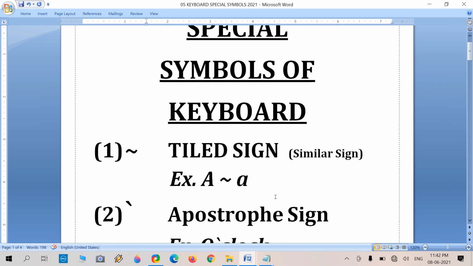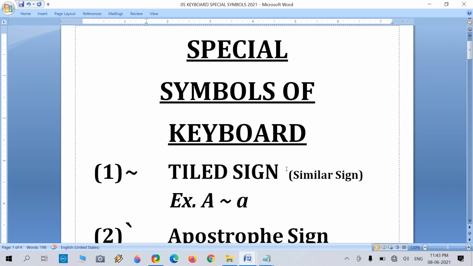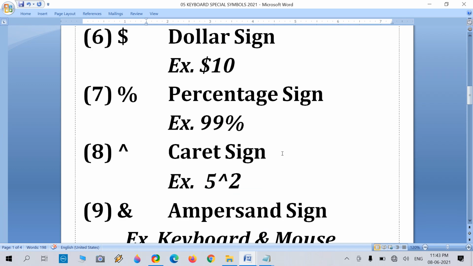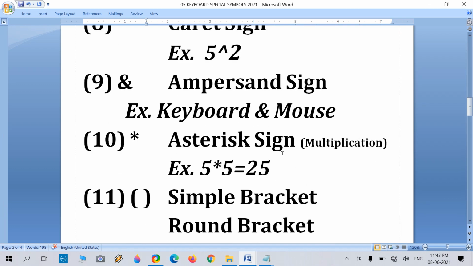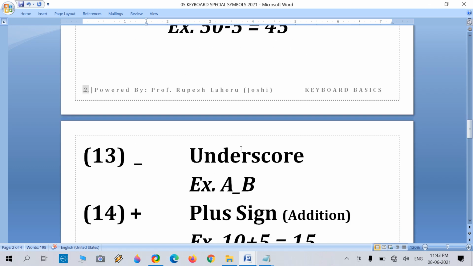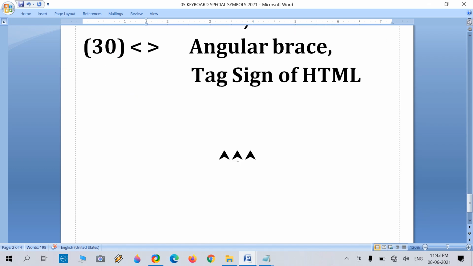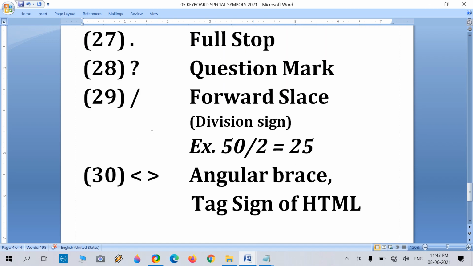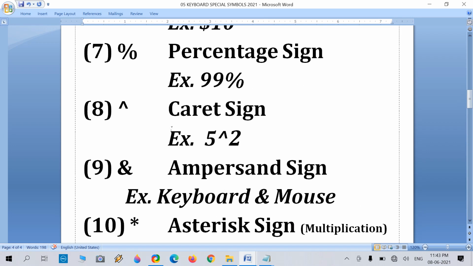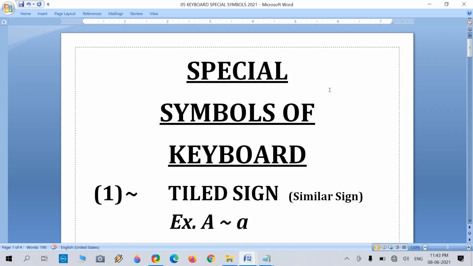All kinds of important special symbols available on our regular keyboard are listed in this document file, with names and examples. They are very important to know because some students know some specific symbols, but we don't know every kind of symbol and their examples. Today we will learn these also.